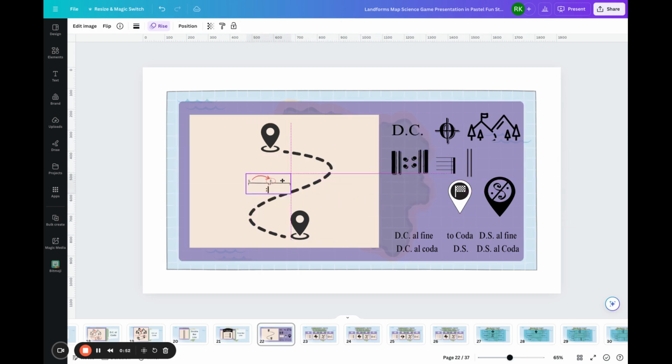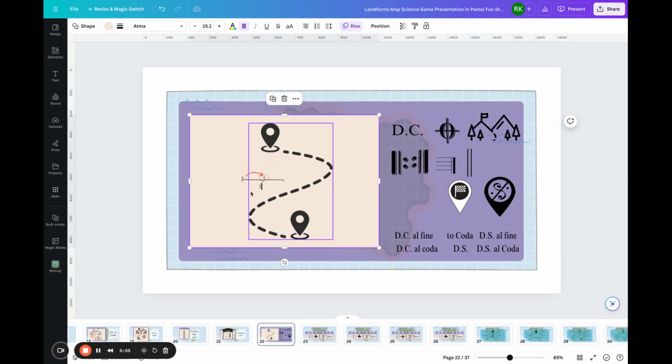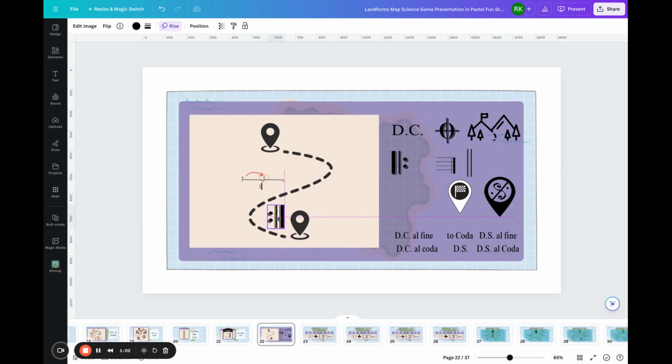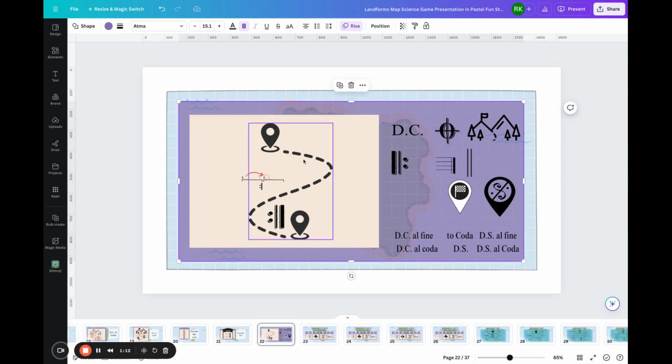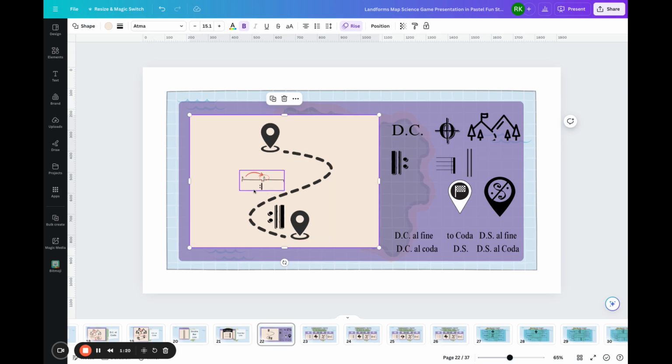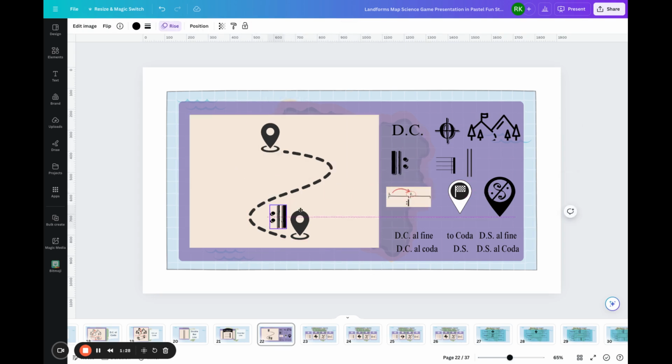A special repeat section might be this: first ending and second ending. So you play, you get to the first ending, you repeat either back to the beginning, or if you have a repeat sign, you repeat back to the repeat sign. Second time through, you skip the first ending and go to the second ending, and then you keep on playing or singing to the end of the song. That's the tricky part about first and second endings: first time, play under the first bracket. Second time, skip the first because you already played it and go to the second. And then keep on playing to the end of the song.